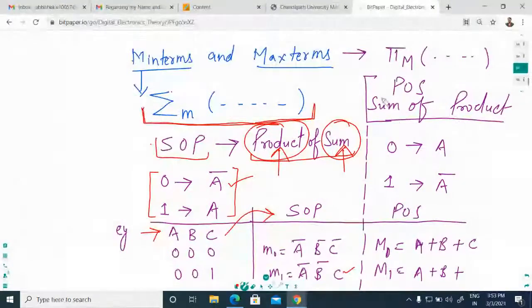Now come to the next part, which is called the max term. How can you represent the max term?